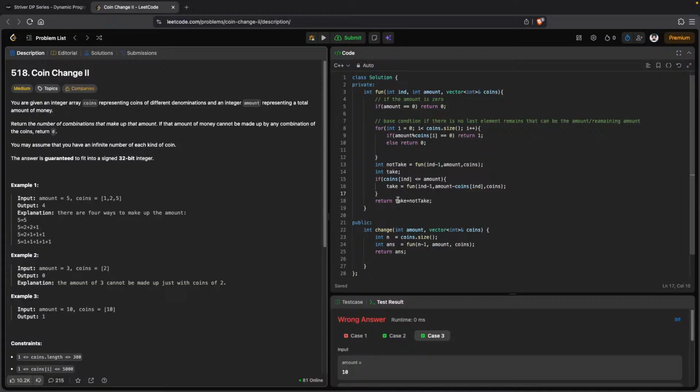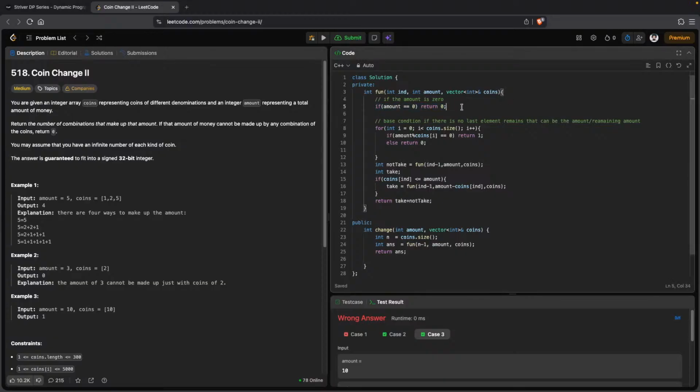There must be a major key factor I am missing, I guess. Let's try it one time. What should I do if the amount